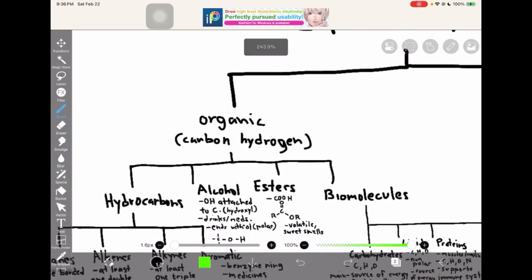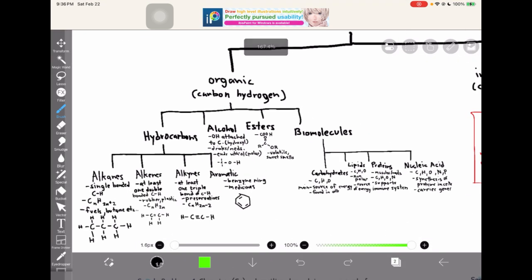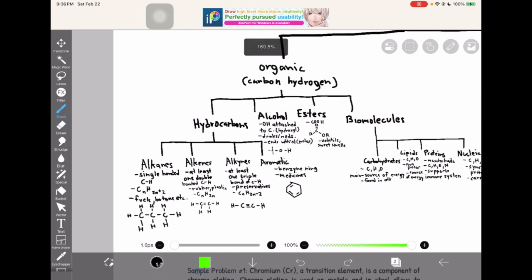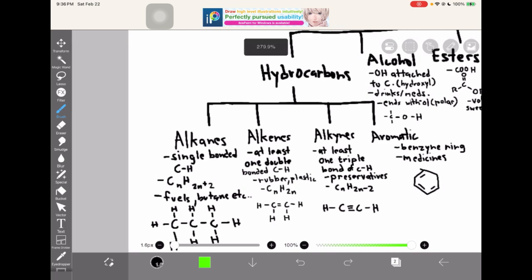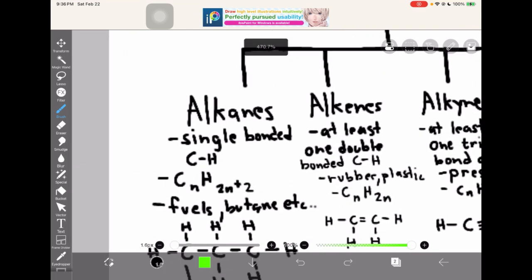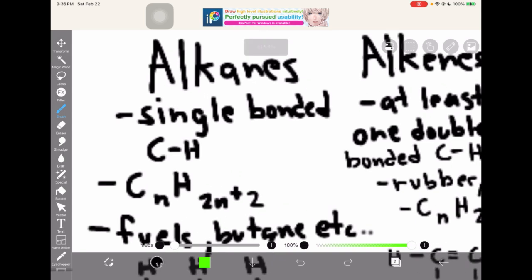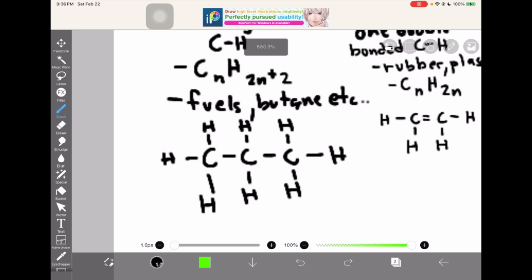But an organic compound falls into one of these four categories, which have a carbon-hydrogen bond somewhere. As you can see, there are quite a lot of subcategories, so I'm going to be explaining each one. First and foremost, hydrocarbons, these are single bonded hydrocarbons, so C and H. So when you draw this as a